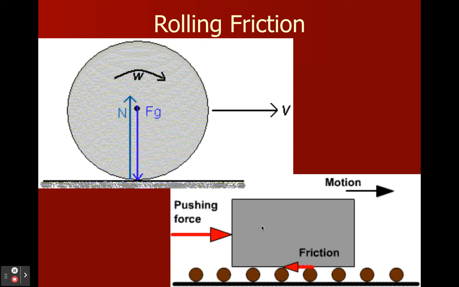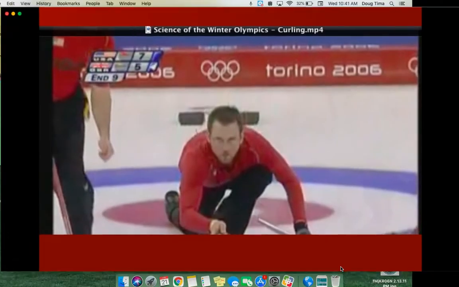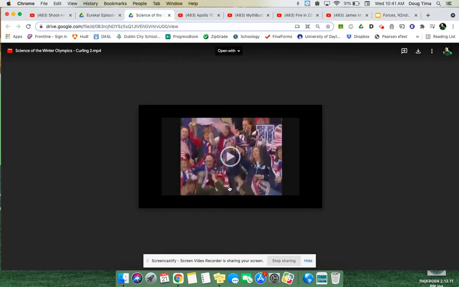You may actually have seen a box slide across, like at the grocery store, the little rollers or something. It's very easy to allow something to roll over this. So at UPS when they're shipping boxes, they push this little box and it slides forever because it's on rolling friction. There's very little contact. And since there's little contact, the amount of friction goes way down. And that happens a lot in the Olympics. We have some Olympics coming up here, so let's watch a little bit of the science of friction during the Olympics.